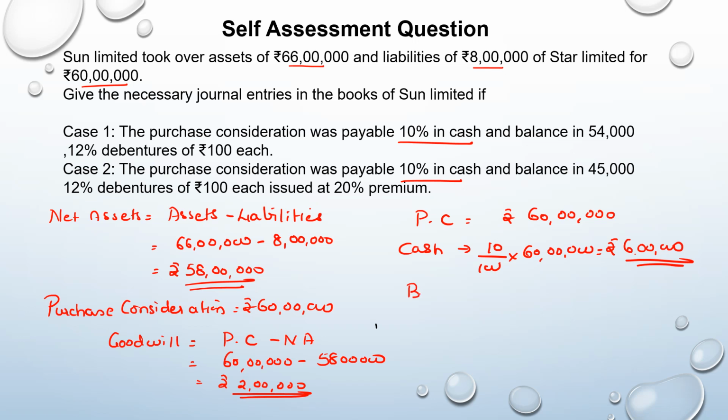So whatever balance is left, that is 60 lakh minus 6 lakh, 54 lakh, is going to get discharged by means of issue of debentures. And they have given you the number of debentures as well here, so you don't have to do the calculation of number of debentures. Now going into the solution, first we'll pass a common entry for the recording of the purchase of the business because it is going to be the same for case 1 and case 2. So here the asset is worth 66 lakh, liability taken over is 8 lakh, and there's a goodwill of 2